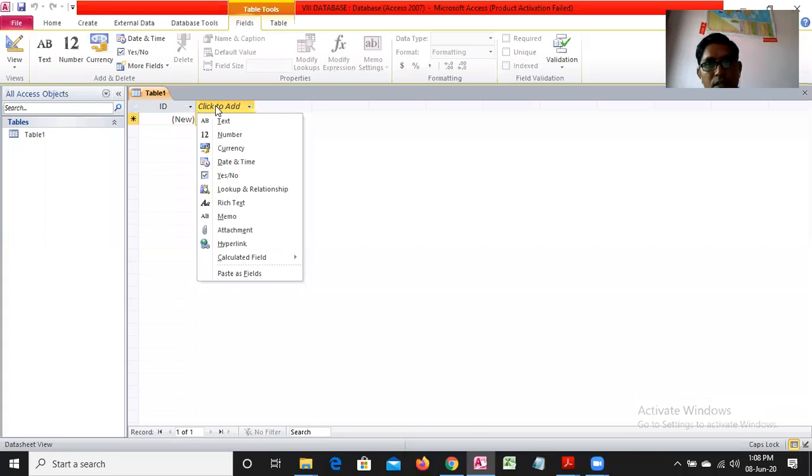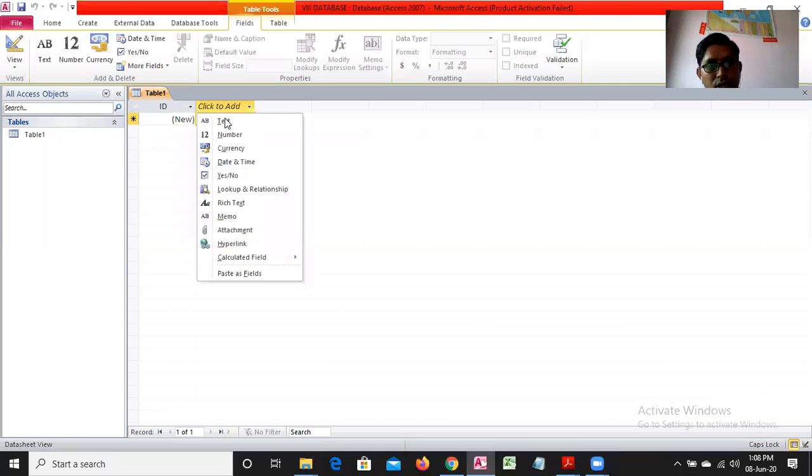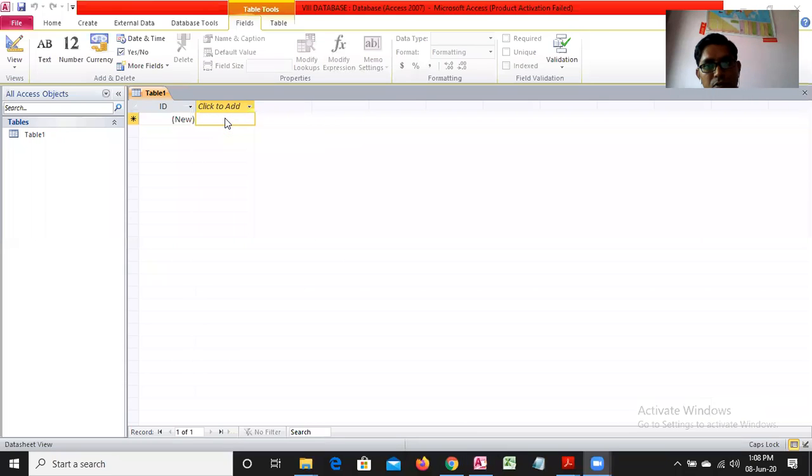Columns are the part of a table that is shown vertically. So I am telling you, Sakshi, how you create a table. Please look at the screen. When you click, I want to make a table that is related to a student. So for the student, I want to write here roll number. The roll number will be in the form of numbers.